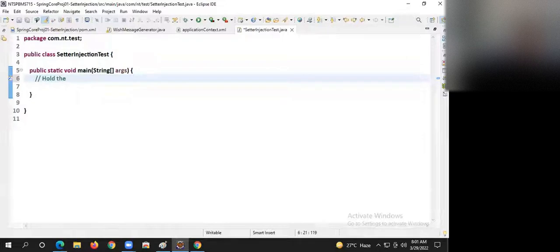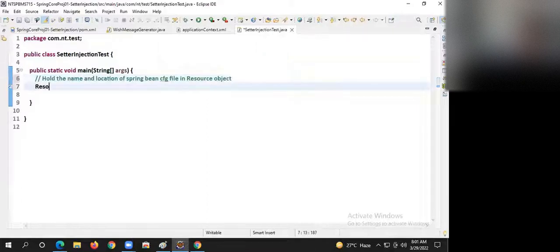Hold the name and location of the Spring bean configuration file in a resource object. Okay, guys. FileSystemResource res is equal to new FileSystemResource of, tell me,